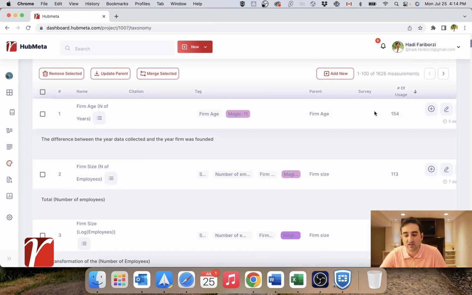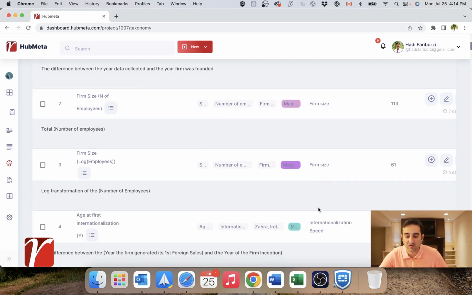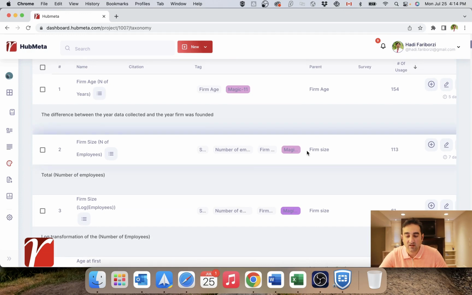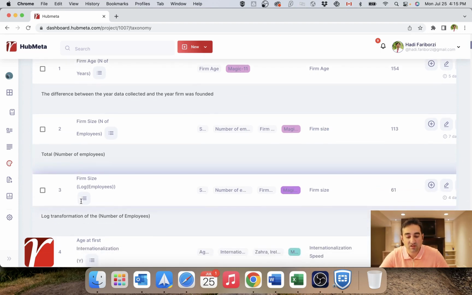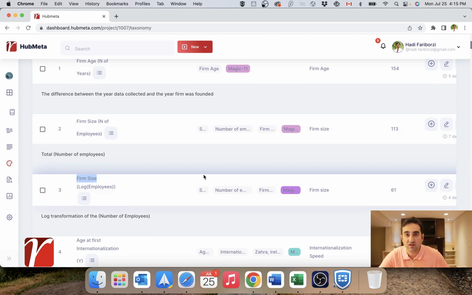So I will try to assign these guys to their related constructs. As you can see, I have defined constructs and attached these guys to that. So for each new line, I start with the question, can I attach this measurement to an existing construct of mine? And in this case, I can't because this is firm size. This was firm age, so it needs a new construct, which I have added. But in the second one, this firm size is just a different measurement of firm size, so I can very well connect this to the same construct of firm size, which I had already defined.